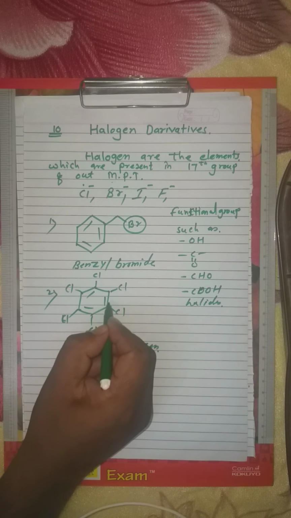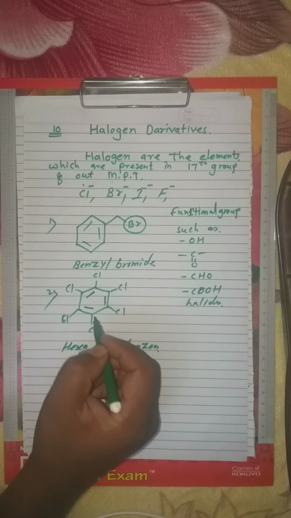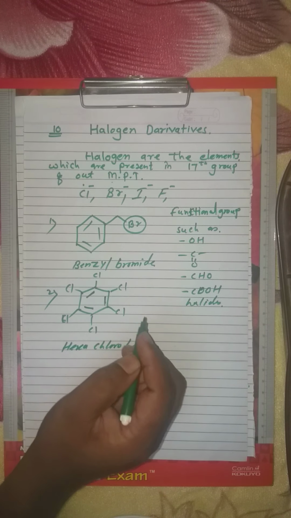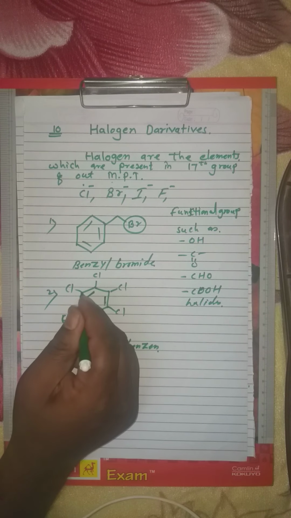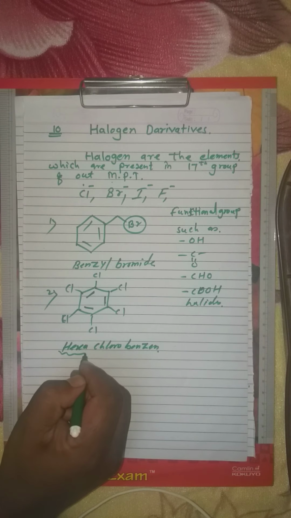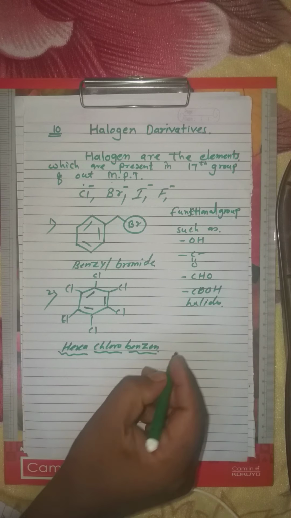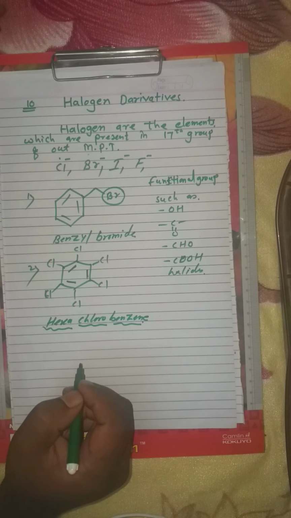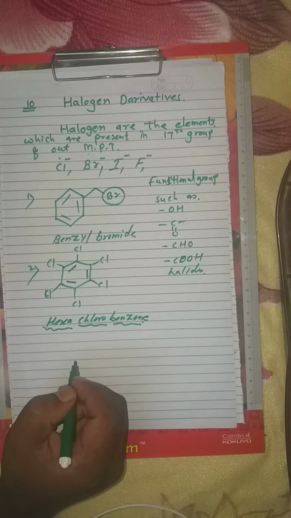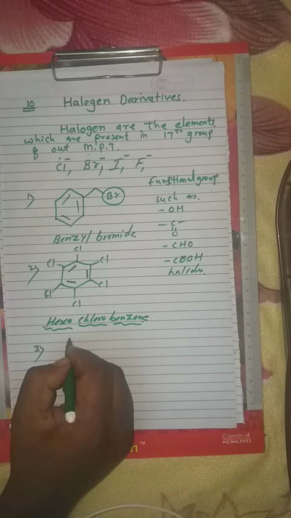Now benzene ring, you all know, this is the benzene ring in which alternate double bonds are present and 6 chlorine atoms, which are called as halides or halogens, are attached to the side of the benzene ring. That's why hexa means 6, chloro benzene. Hexachlorobenzene is the name of this compound. That's why we can say that the chlorine is the functional group, that is halide is the functional group attached to the benzene ring. Now third example is given here.